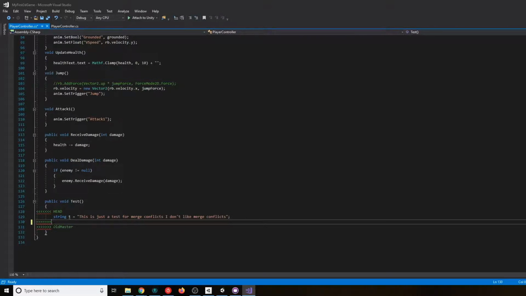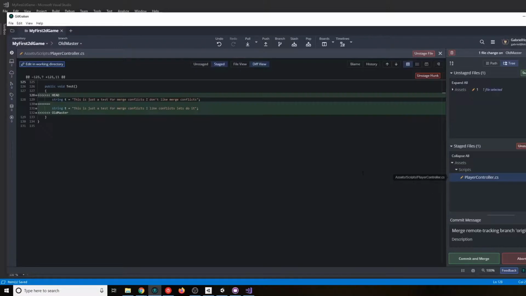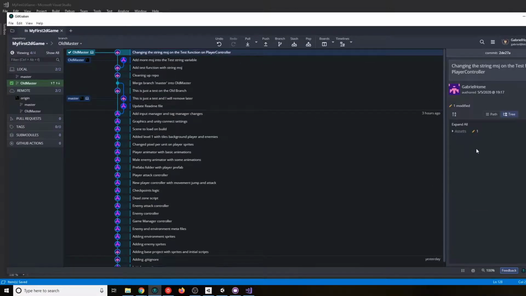But I also have to remove those warnings, because those are just from Git. Git adds them into the code for you to know where to change. So I will go ahead and save my code. I will go here. I will have to stage this, and it's not saving it for some reason.